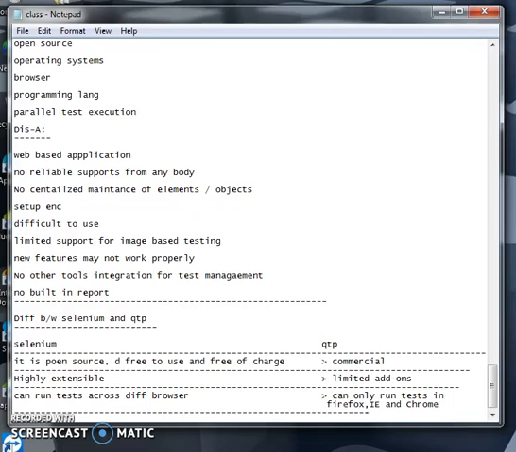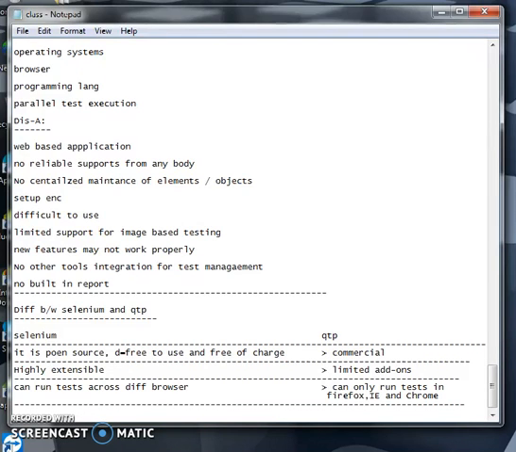QTP supports only three browsers and does not support the remaining browsers, but Selenium supports all the different browsers present nowadays. It also supports mobile devices,